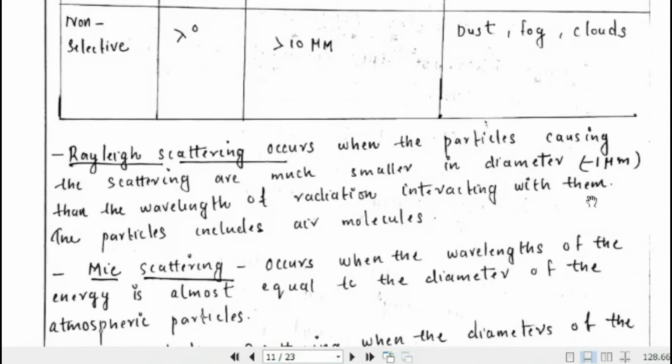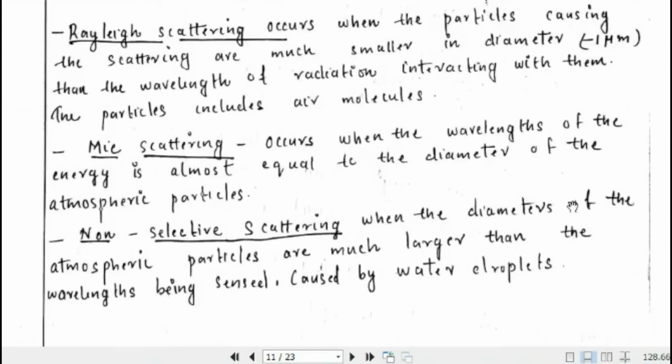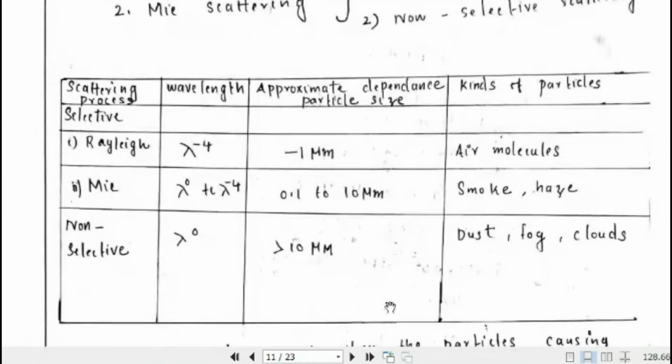Now the next one is Mie scattering. That is, the wavelength of the energy is almost equal to the diameter of the atmospheric particles. Then non-selective scattering: when the diameter of the atmospheric particles is much larger than the wavelength being sensed, caused by water droplets especially. Here in this table, I have also mentioned which particles cause each